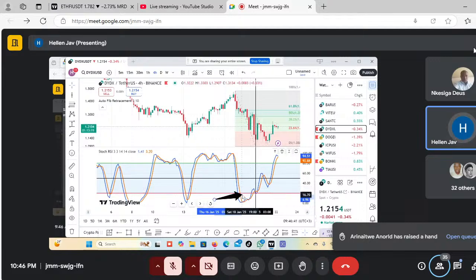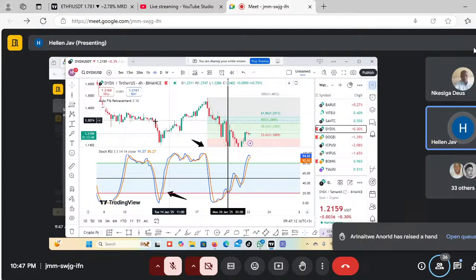So we are seeing this crossover here, which happened almost in the sold or overbought, just here on the 20 line. After we got that crossover, you put your vertical line, and then you go to your chart and see how that crossover is reacting with your market. You can see that immediately we had a crossover, the market just went up. At the same time, we are seeing that the market is on the